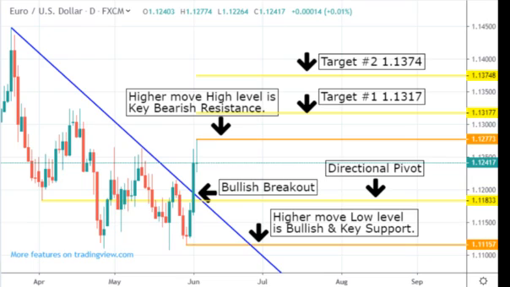So let's take a look at this chart right here. We have the Euro US dollar currency cross, which currently is still having a positive day. And you can see that there was a nice higher move low that was set a few sessions back, and from that low we have had a breakout, and you can see that blue descending line. It was the bearish resistance and the slope of the bear trend over the past couple months, leading into that